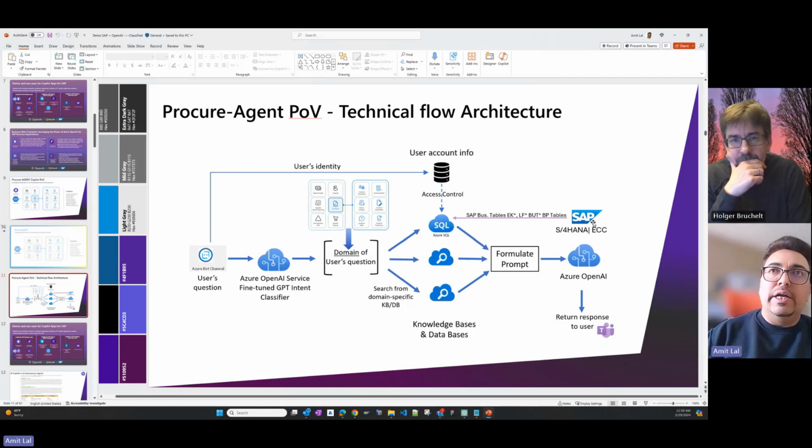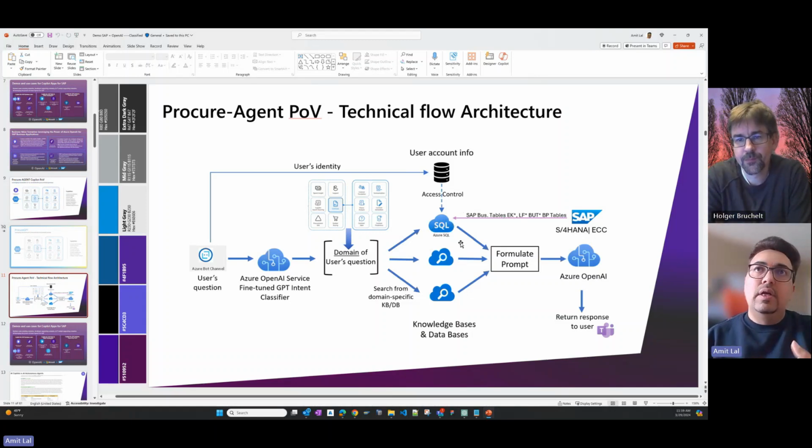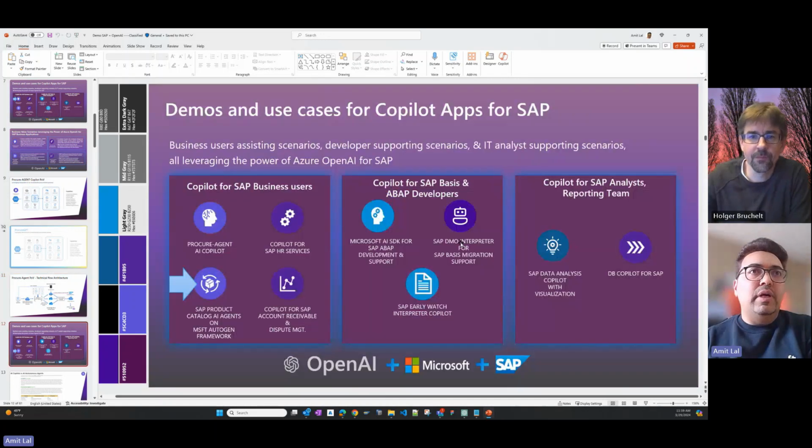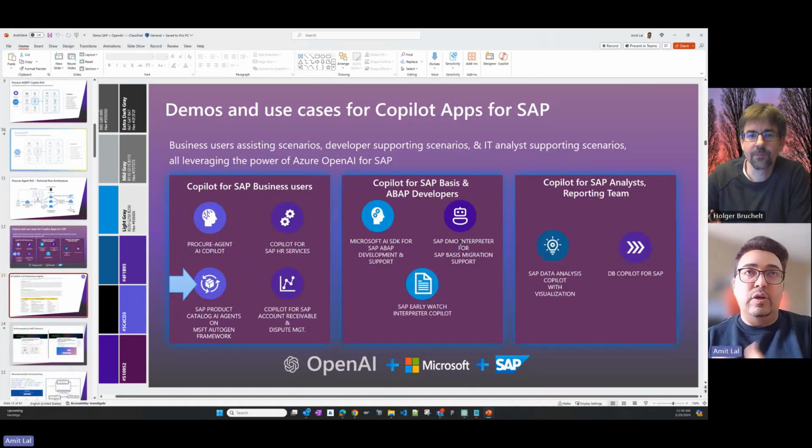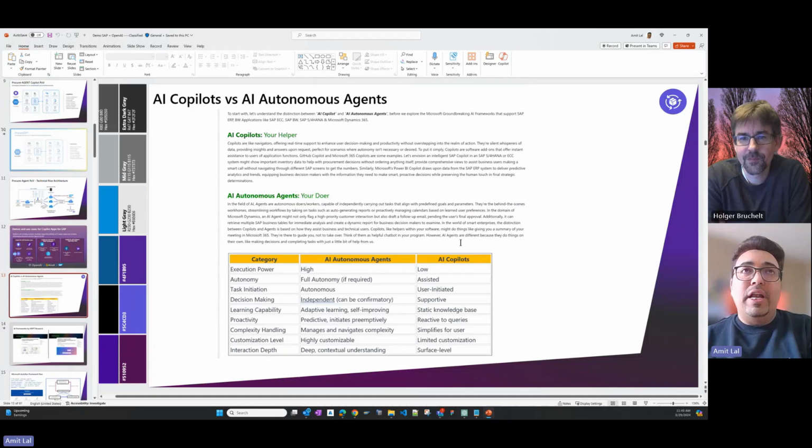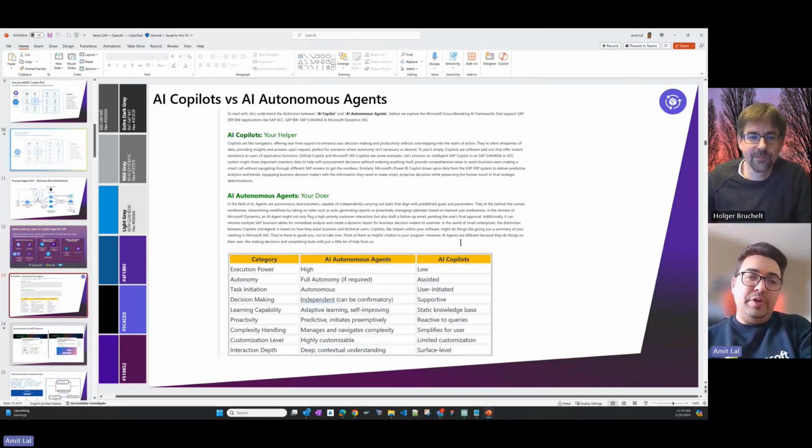Of course, our data is coming from SAP S4 or ECC, depending on whatever backend you are leveraging. These are some of the tables which we pull from the SAP system and feed into Azure SQL to get information right up front. So this is a live demo I can show you. Other than that, I have a couple more. This is the one which I personally like, AI Copilot. Actually, I wrote one of the white papers on this one.